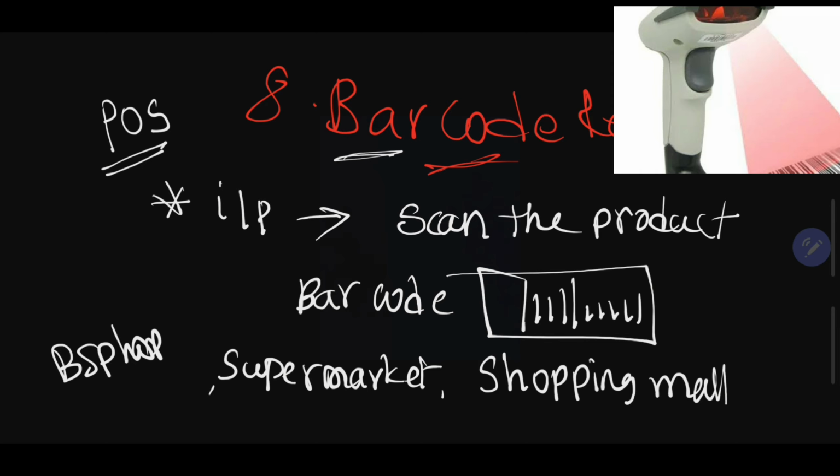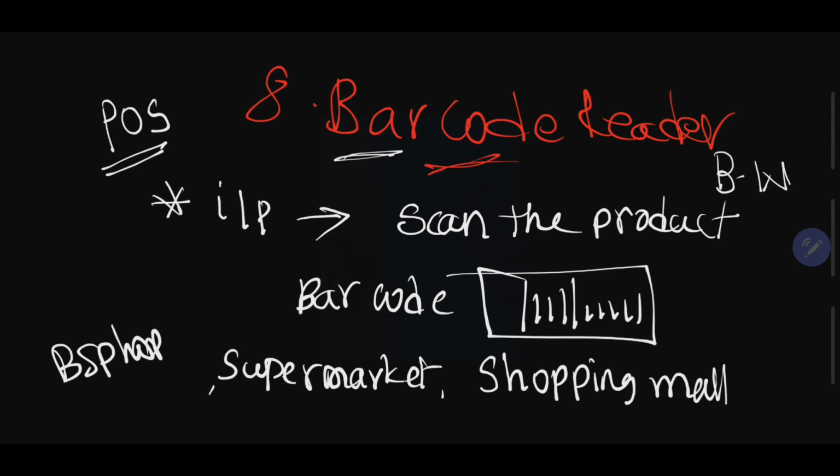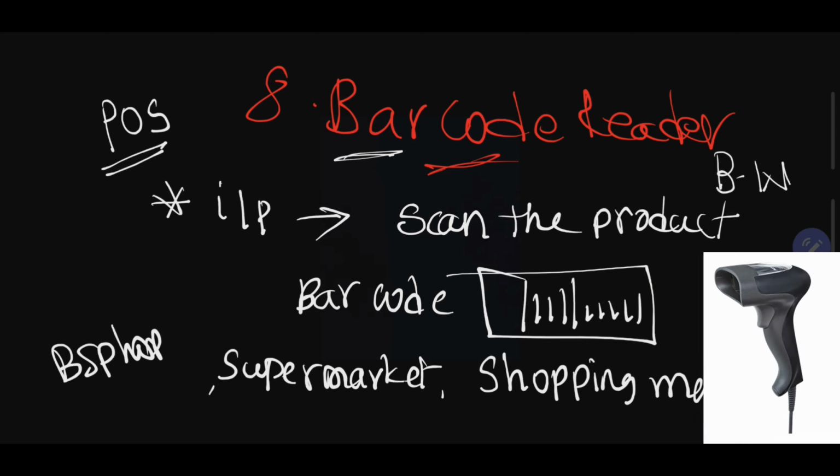So this barcode reader translates the black and white lines which appear on the particular sticker. You can observe that in the supermarket, on any product there is a barcode. In the barcode, the reader translates black and white bars of different widths into electronic impulses and sends them into the computer, right? So electrical data is converted into price data.